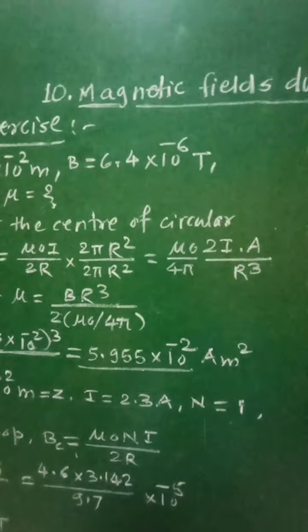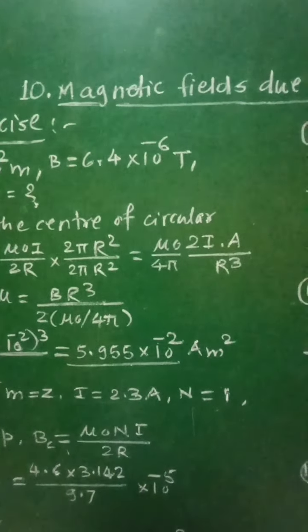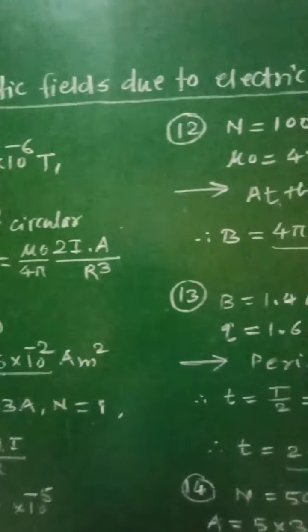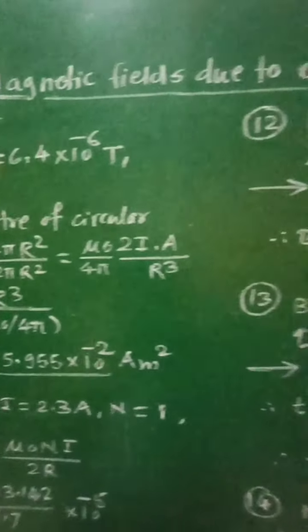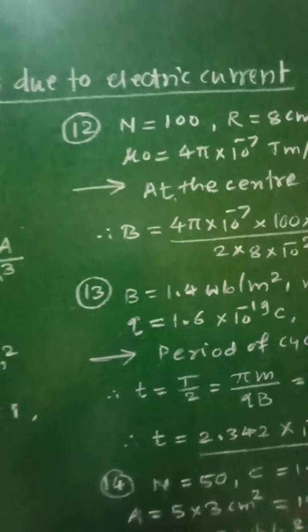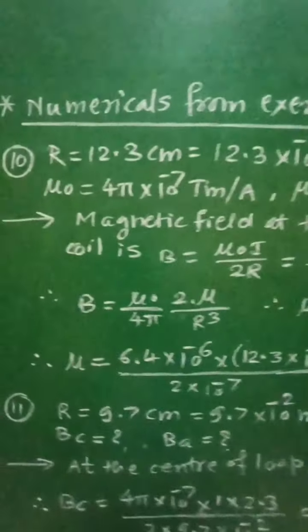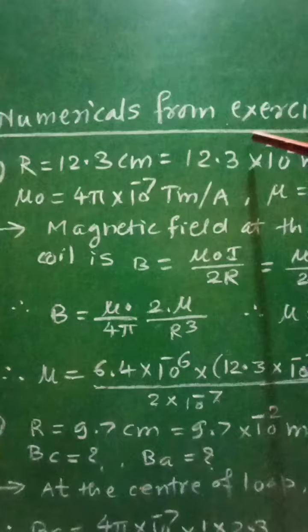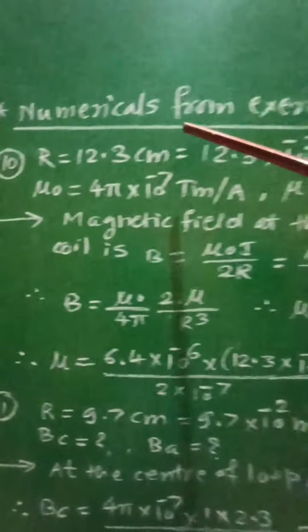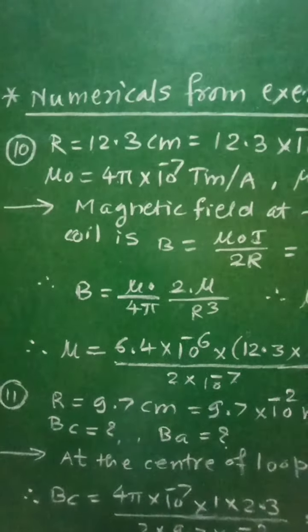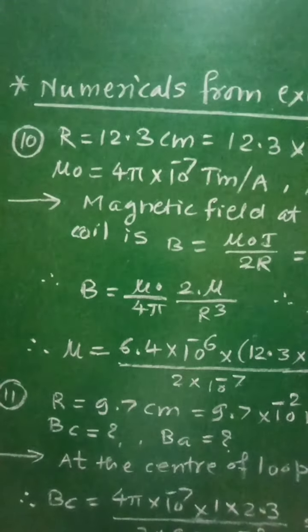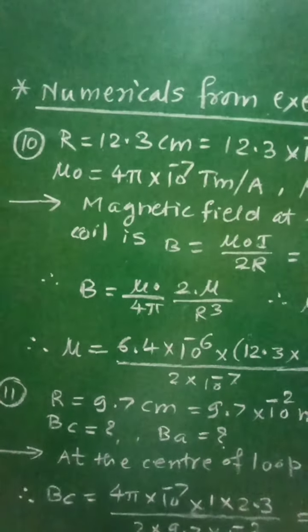Class 12th, Subject Physics, 10th chapter, Magnetic Fields due to electric current. From the chapter, let us see numericals from exercise. Let us see numerical number 10, which is stated as: the magnetic field at the center of